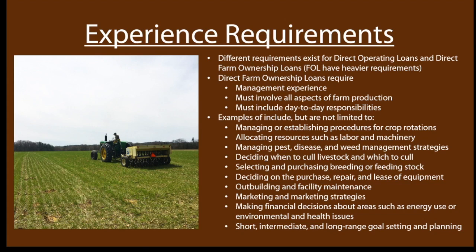The other big thing is that you need to have experience requirements. Different FSA loans have different levels of requirements. So a farm operating loan is going to require that you're able to operate the farm, but a farm ownership loan is going to have some heavier requirements, mostly because they know that they're giving you a pretty important and generally expensive opportunity here, and they want to make sure that you'll be able to repay that opportunity. So be ready to show that you have the experience you need to operate the farm and eventually repay the